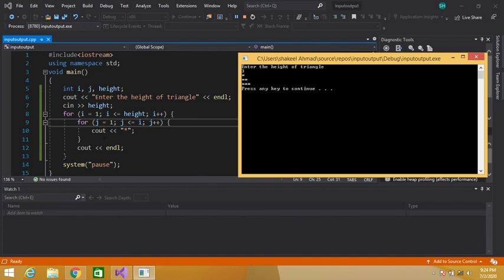Again our outer loop is terminating, so the control will shift here. The value of i, which was previously 3, now 3 plus 1, i becomes 4. So again the control will check the condition. 4 is less than or equal to 3, no. Height contains 3, i contains 4. So this outer loop condition also becomes false. So our control will skip the body of this outer loop. This is the body of this outer loop, starting from this curly brace and ending here. So the control will skip the body of this loop and directly shift here, and our program is terminated.